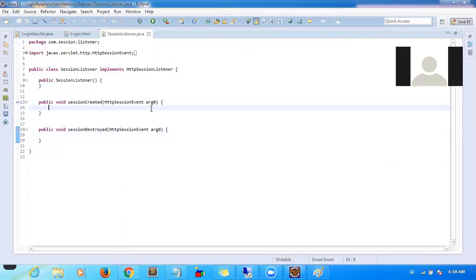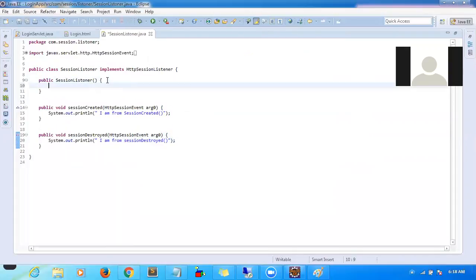Let me add one sysout, "I am from session created", and another one, "session destroyed". Basically there are two methods, and I am adding these just to understand the life cycle.